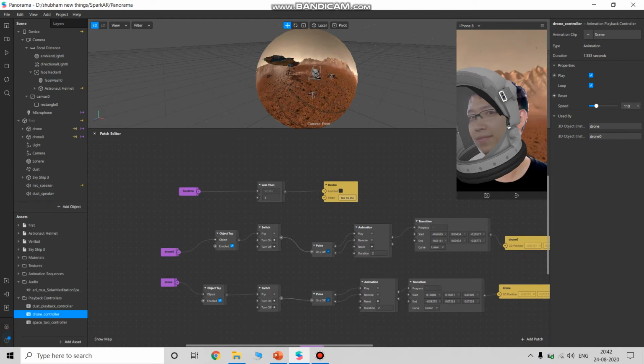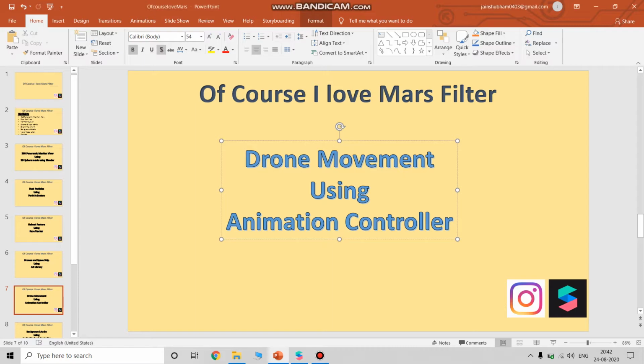So whenever I tap on the drone, the switch flips and an animation is created, and there's a transition from this start position to this end position, in turn creating an animation for the drones, right?